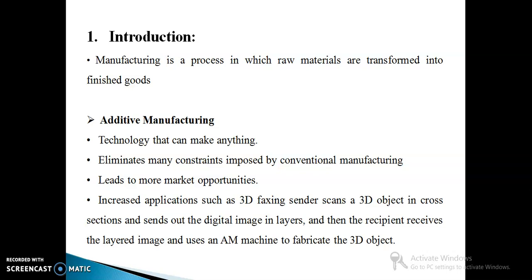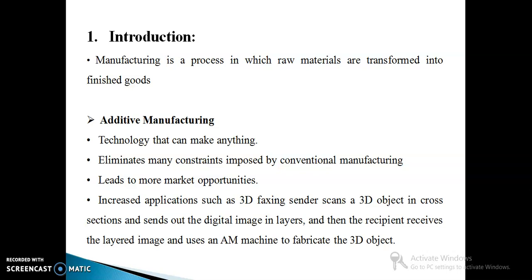Now, what is the additive manufacturing process? This process involves technology that can make anything, meaning a variety of components can be manufactured with its help, and it also eliminates many constraints imposed by the conventional manufacturing process, meaning the complexity of a part is no longer a limitation.